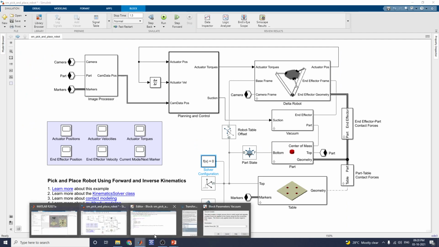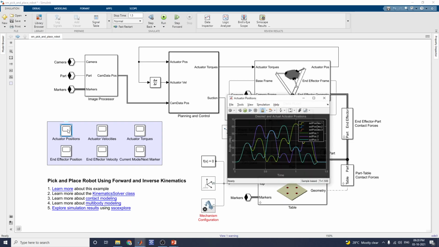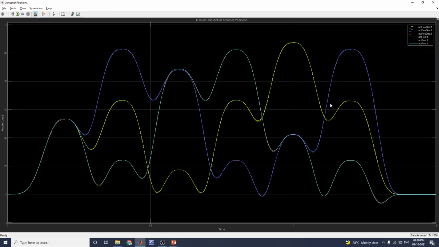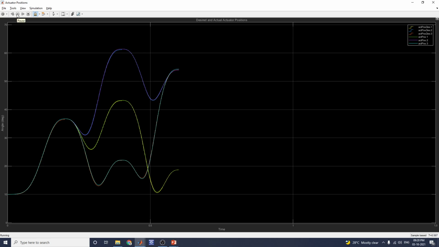Also you need to get to the scope output. This is actuator position. The scope shows angle versus time in terms of degrees. This is the desired and actual actuator positions.